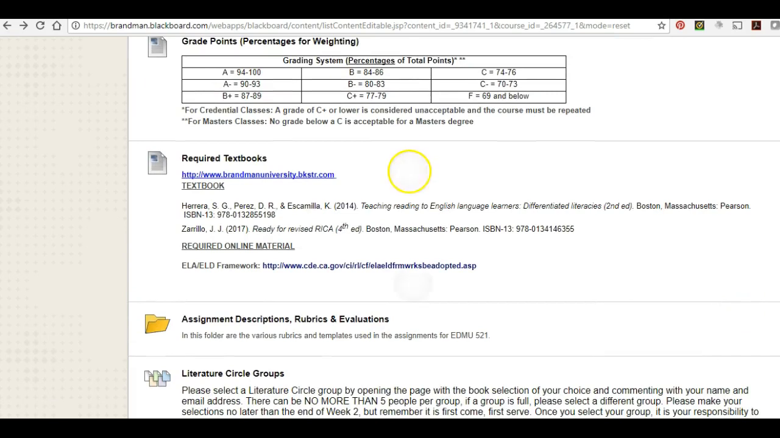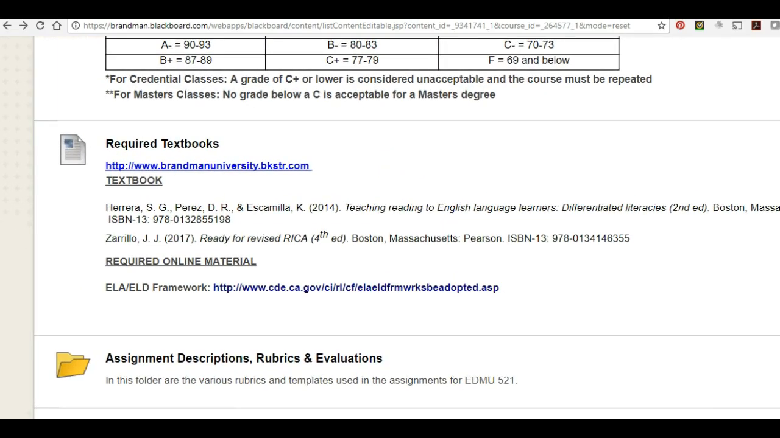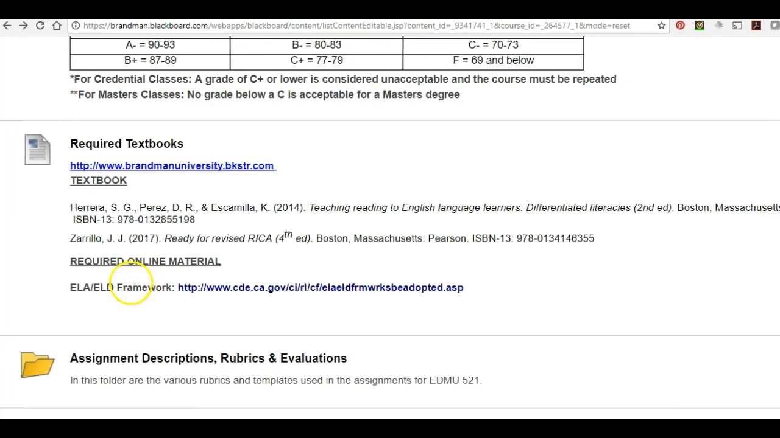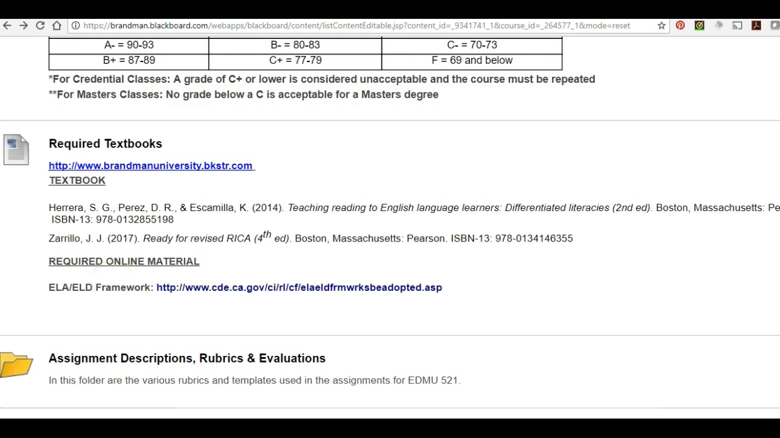Speaking of changes, there's a new textbook, and the reason for that was to really focus on reading instruction for English language learners. So what better text than one that's specifically for teaching reading to English language learners. I used that partly, so we probably go through about half of that textbook, and I also used the ELA ELD framework that was written